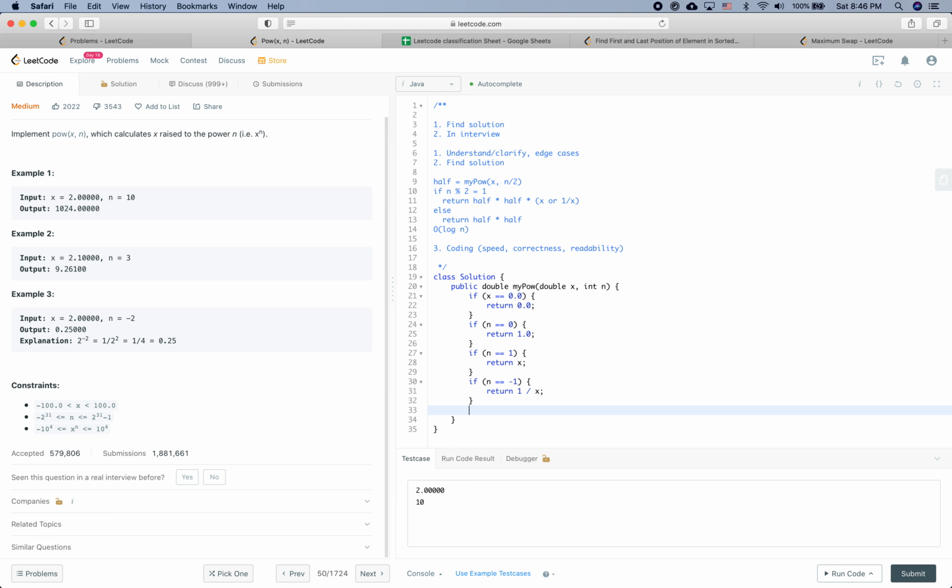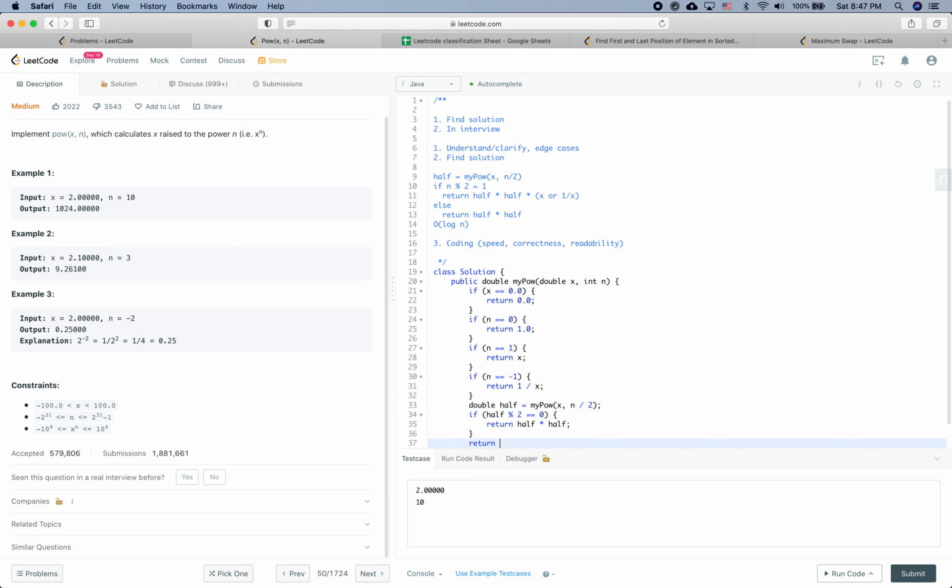Let's see. So we will compute the half, and it is my power x on top of n divided by 2. So if half modular 2 is equal to 0, then we simply return half times half. Otherwise, we need to return half times half